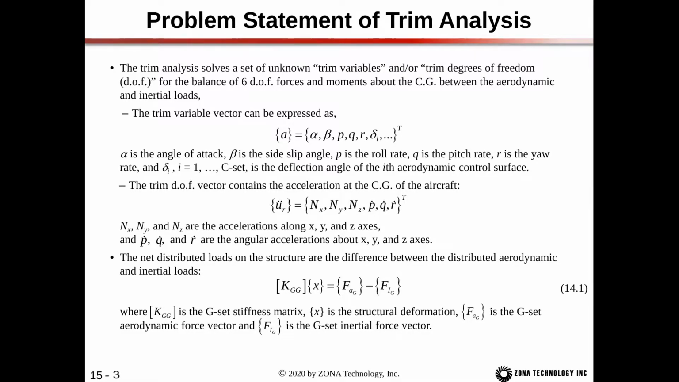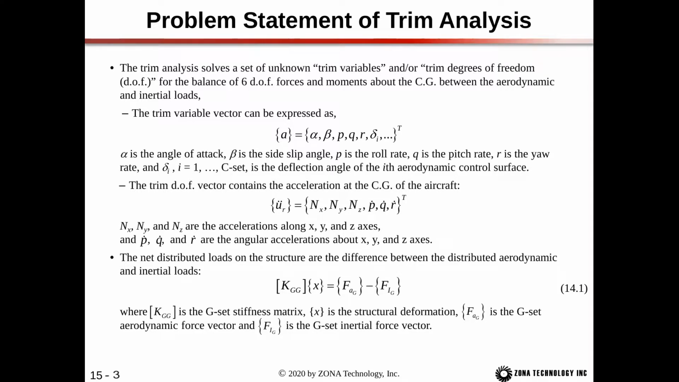The trim analysis solves a set of unknown trim variables and/or trim degrees of freedom for the balanced 6-degree of freedom forces and moments about the CG between the aerodynamic and inertial loads. Now the trim variable vector can be expressed as A, where A is alpha, beta, P, Q, R, and delta, where alpha is the angle of attack, beta is the sideslip angle, P is the roll rate, Q is the pitch rate, R is the yaw rate, and delta are the deflection angles of each of the aerodynamic control